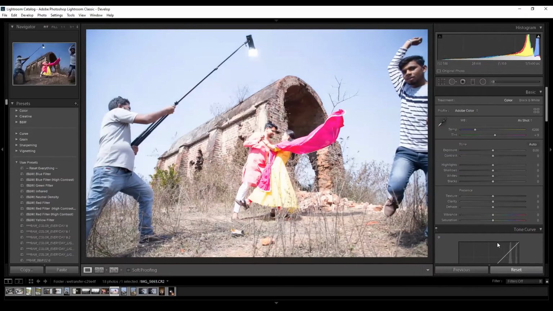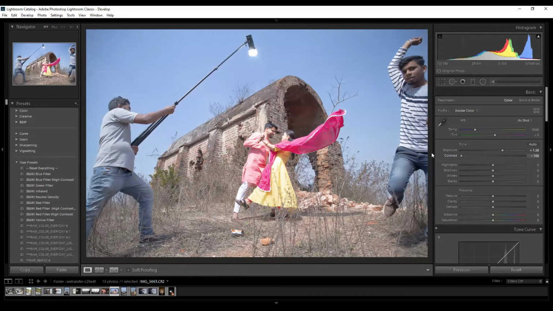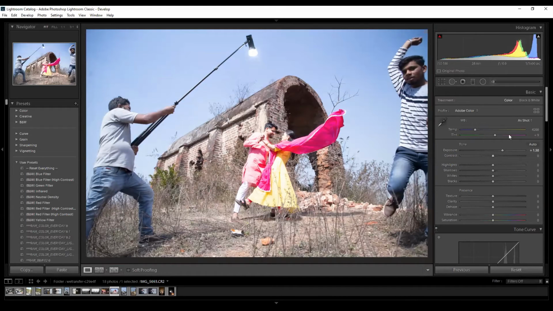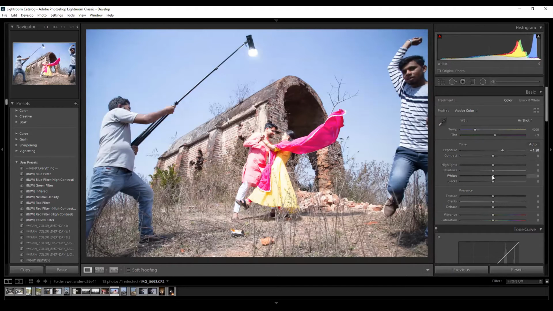So let's take an overexposed image. Suppose we have an overexposed image. Now if we try to adjust the highlights, what will happen? It will adjust the highlights of the image and restore the saturation. Now if we go with the whites, it will try to neutralize the whites, blacks and grays. Can you see the difference?